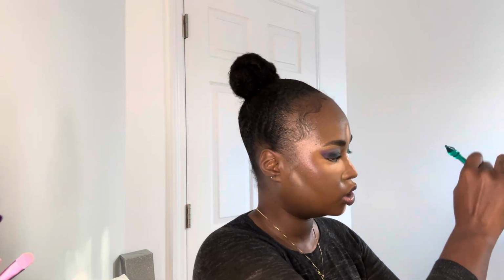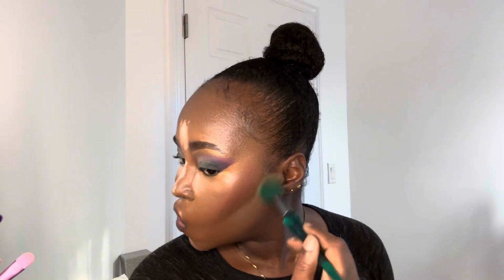So what happens is I press the puff into my hand. What is left over, I take on my dusting away brush, I grab it, and then I start dusting away. Like so, like that. And then for the rest, this might end up looking a little crazy. What I've been doing lately is I have this,